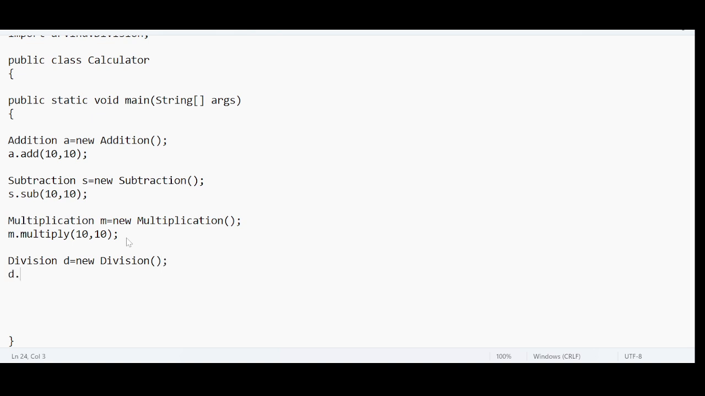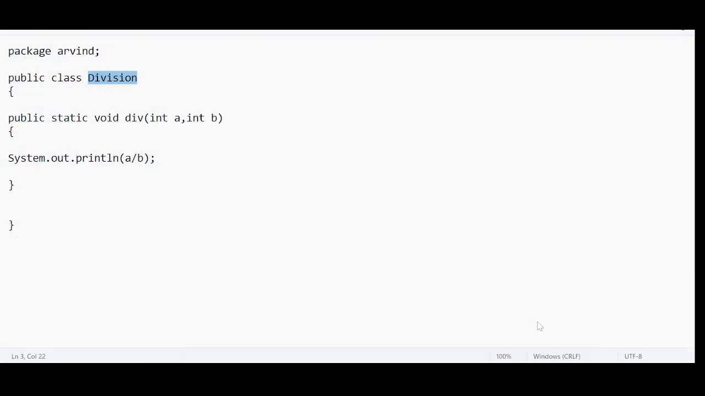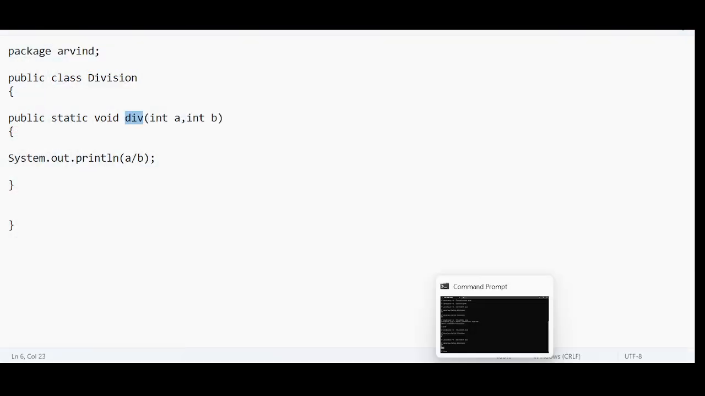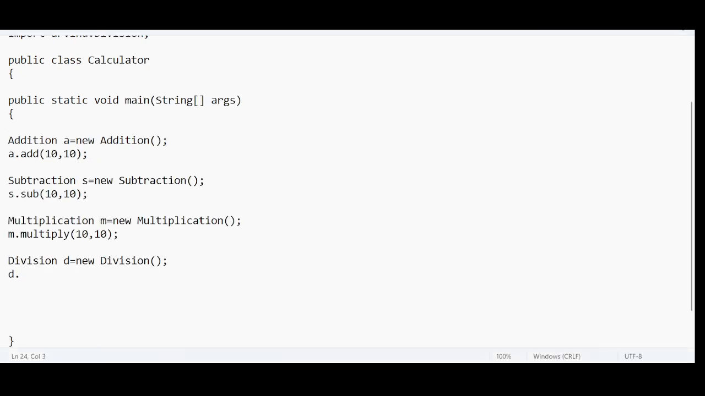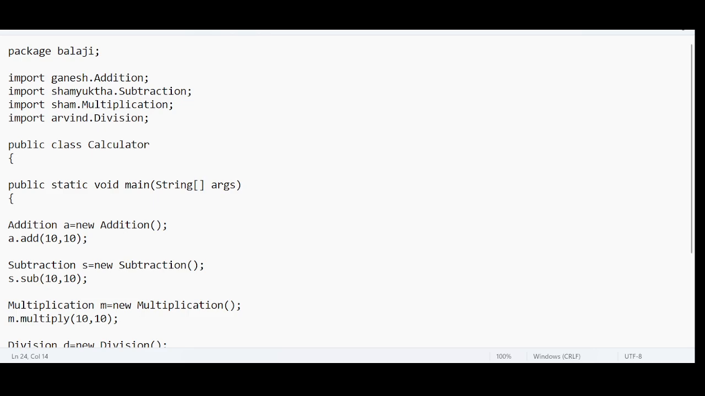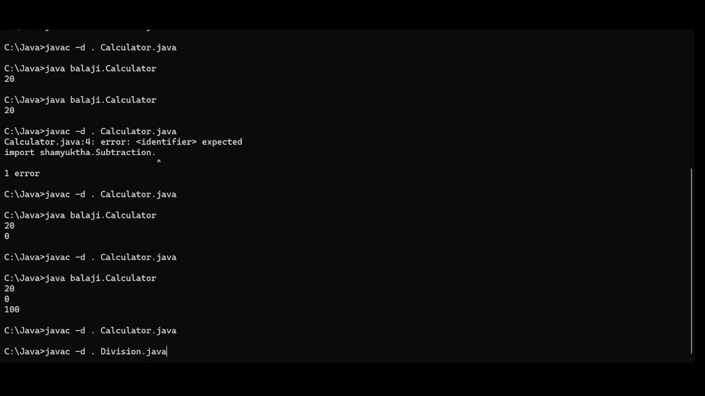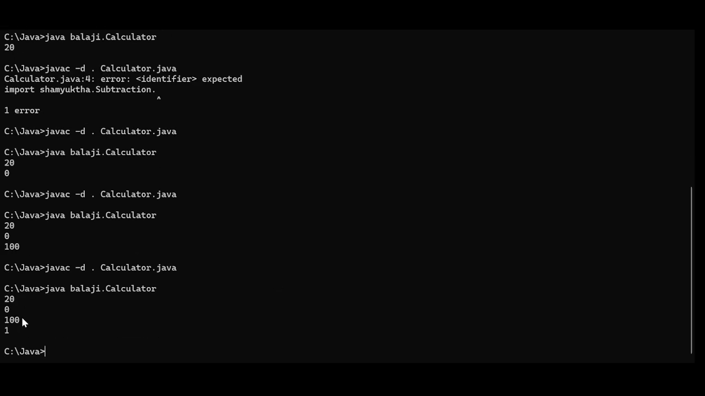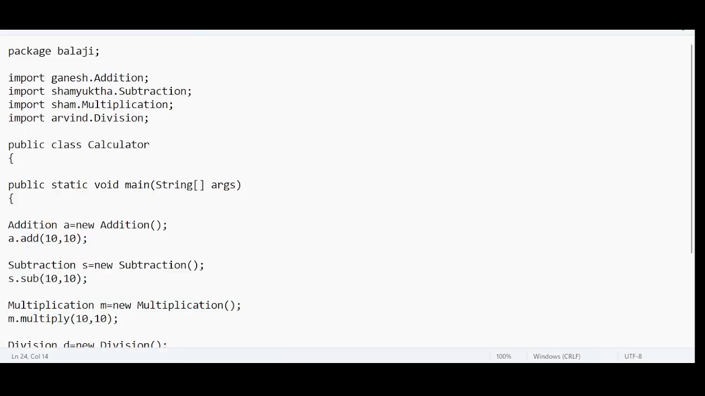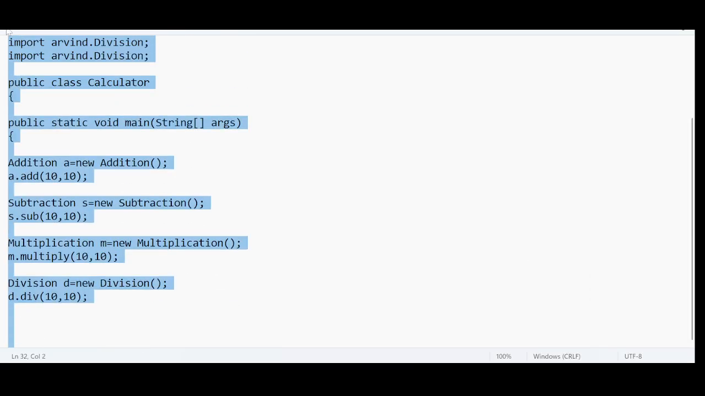Right? D dot. What is the method? What is the method that Aravind used? Div. 10 divided by 10 comma 10, right? Let me save this. Let me perform compilation followed by execution. See, 20, 0, 10. Now all the independent modules are combined into a single,